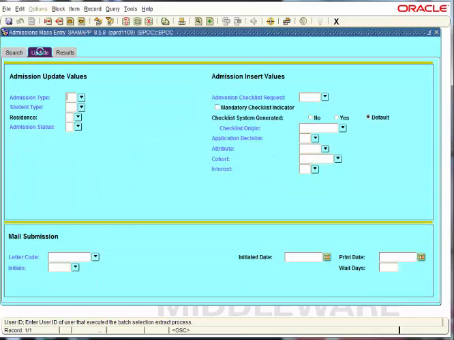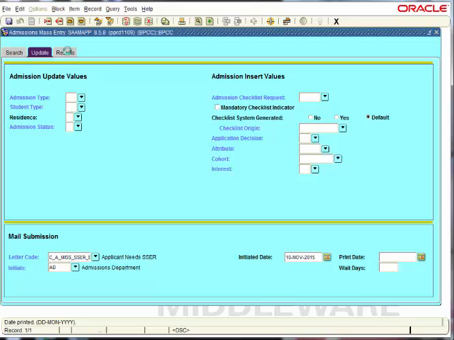I then select the Update tab, and in the letter submission field, I'm going to insert the letter code that I want to insert. So it's going to be C_A_MISS_SSER_E. Remember, the first alpha of the letter code will be your college's code. I put AD to say this is going out from the admissions department, and then I want to initiate it today, so I'm just going to do a period and an enter.